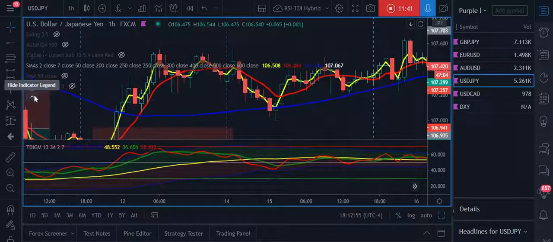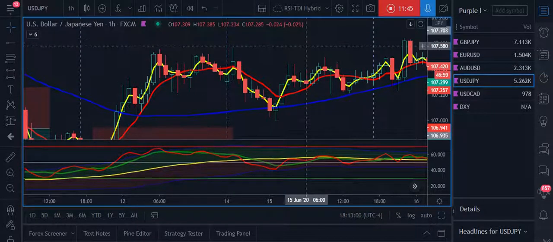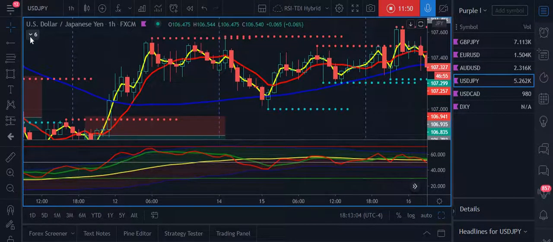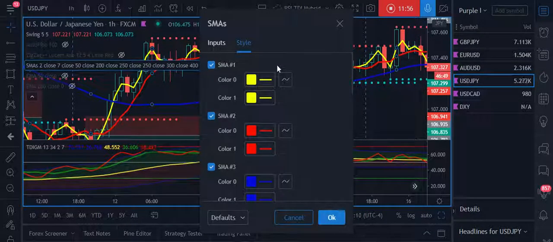And I'm going to turn on my swing high and low, support resistance. And there we go. Okay. Now, if you are able to have more lines, then you can come in here, indicators. You can come in here and you can turn off